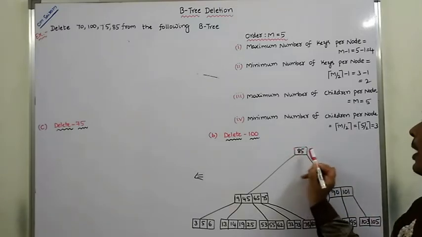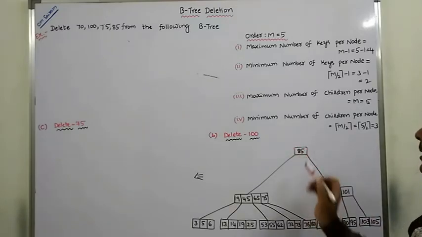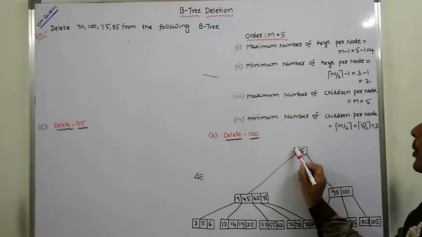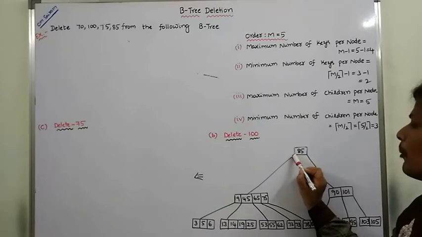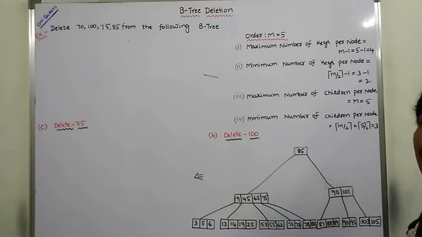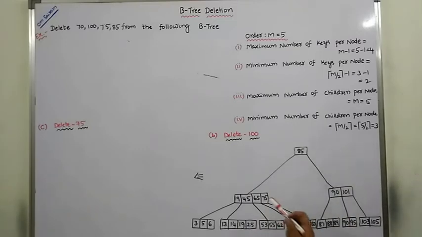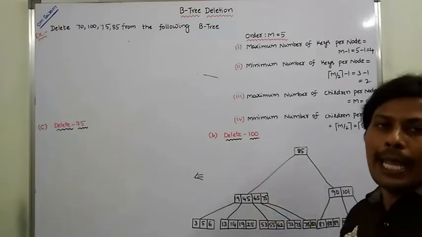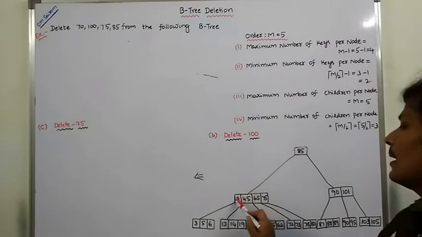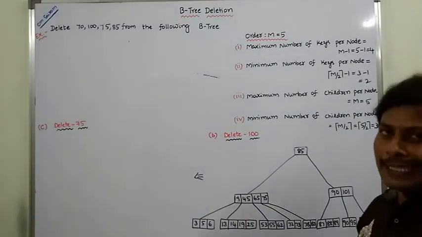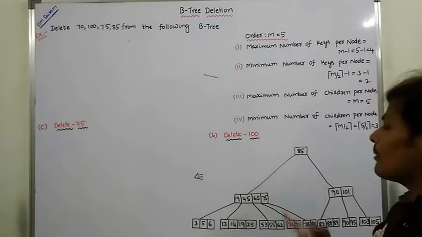This is the left pointer and this is the right pointer. 75 is less than 85, so go to the left pointer. The left pointer points to a left subtree that contains a node. This node contains 4 key elements. First 75 is compared with 9. 75 is greater, so go to the right.